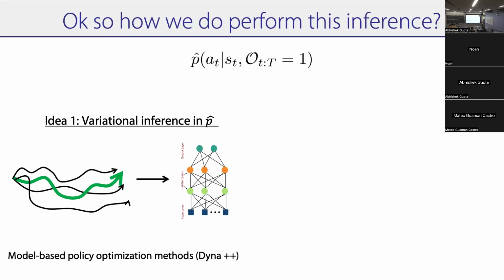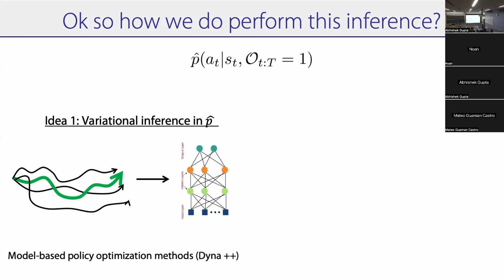Okay. And so we're going to have all of the same challenges of posterior inference, right? So the first idea is to just do variational inference like we just did. We did all of this on variational inference. You just do it with p hat. So you replace all of the equations we did in the last two sections with p hat instead of p. You just replace p with p hat, and you can use the same set of equations we used for policy gradient, actor-critic, just under p hat.